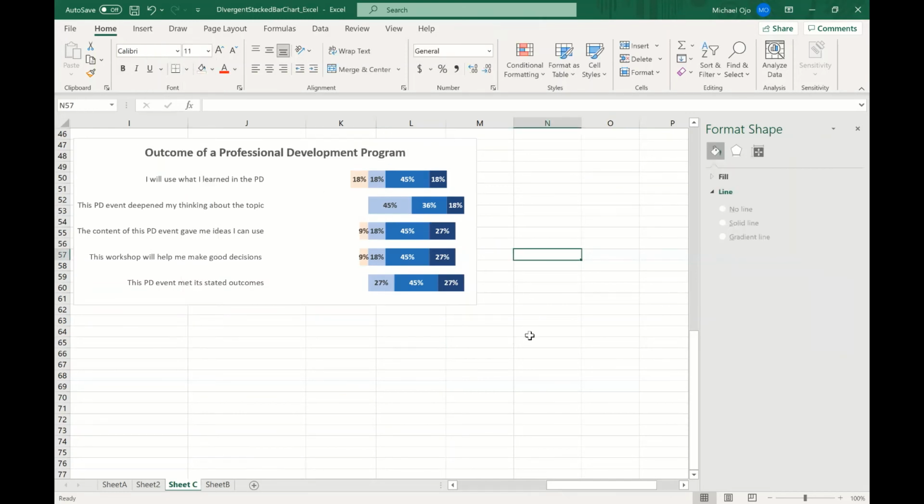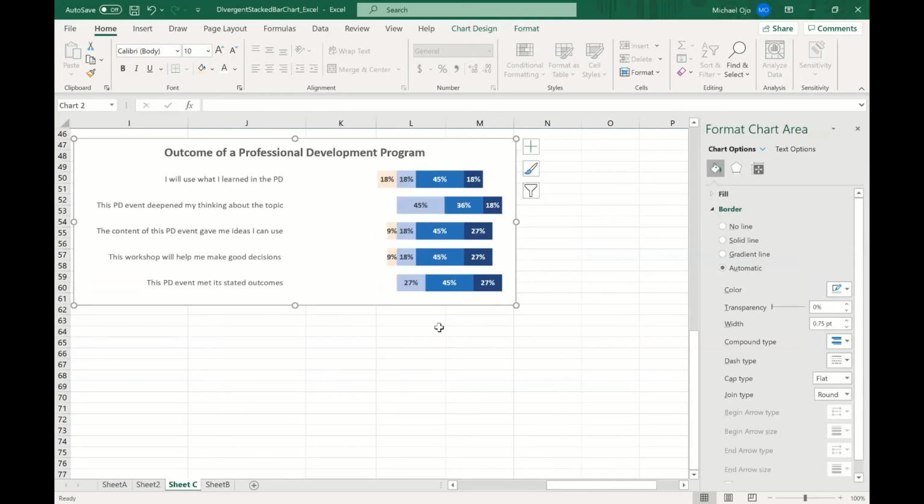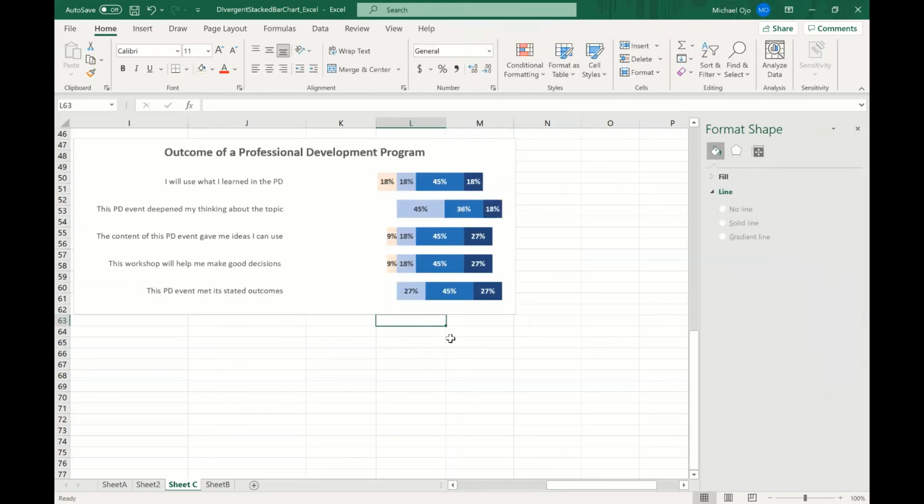So the next thing that I'm going to do is I need to create the key. And creating the key for me is one of the easiest things to do. So one thing I just have to do is I write every one of the options here. You type it, key, strongly agree, strongly disagree. You start from strongly disagree.